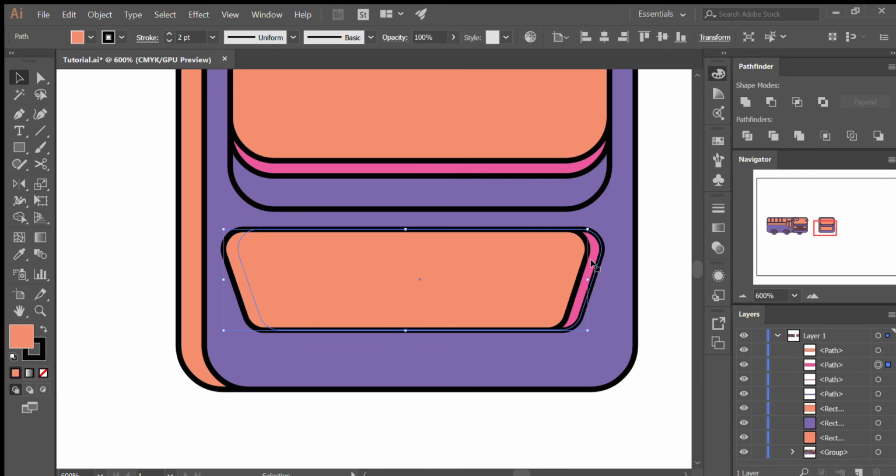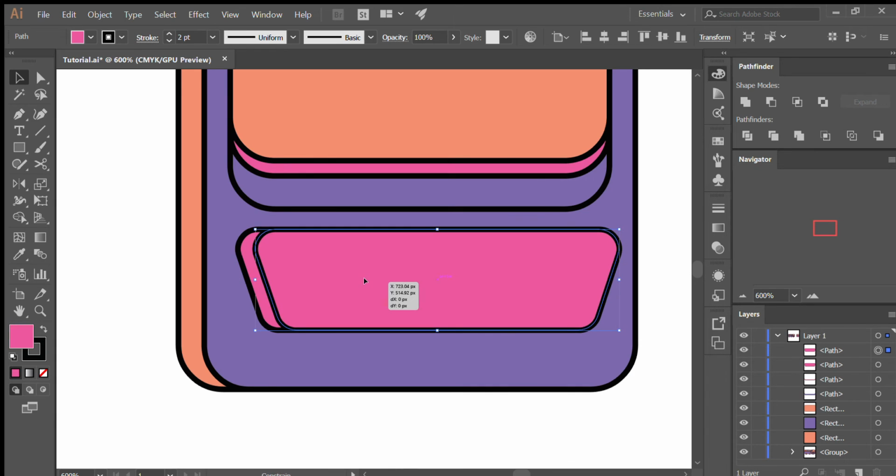So I select the layer at the bottom, I copy, Control C, I Control Shift V, paste it on top. But now you want this part, but this part's going to get cut out, right? Like if you minus the front. So let's just undo that. So let's select that shape, copy, paste,